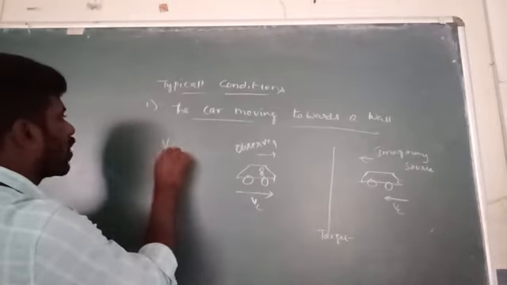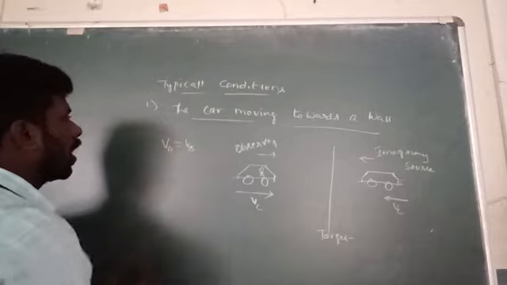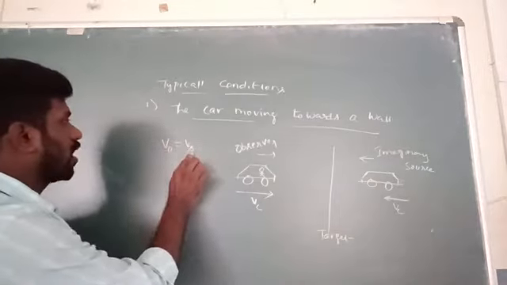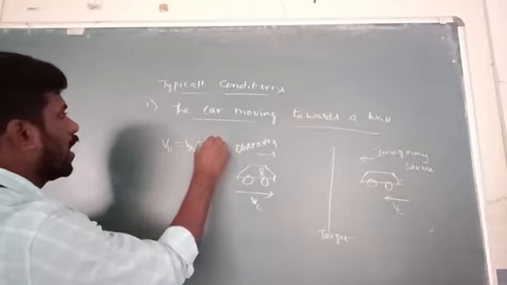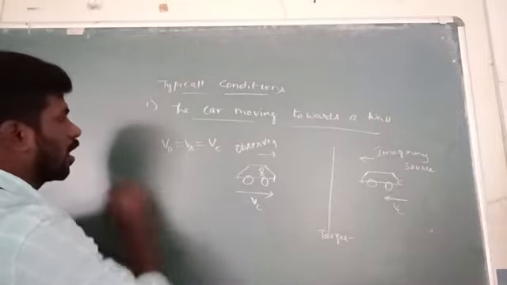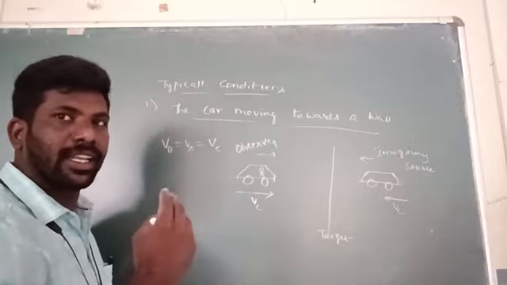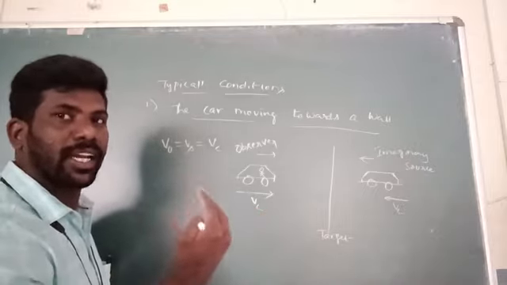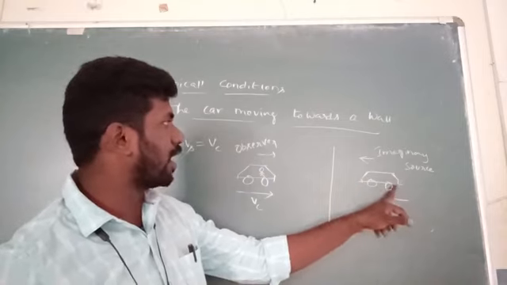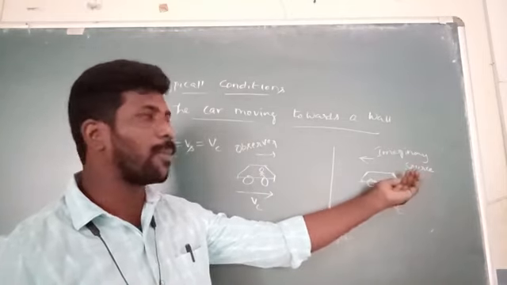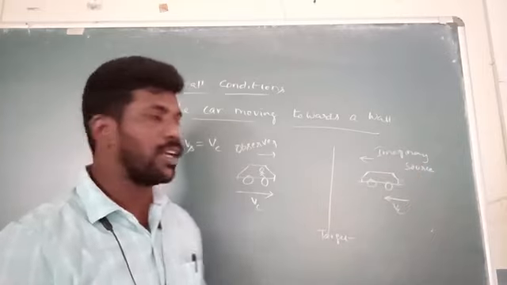Here the observer and source are at the same place, so we can take the velocity of observer as the velocity of source. That is the velocity of the car. Here the observer listens to two sounds. One is direct and another one is reflected. That's why I drew a diagram here. This is the imaginary source. That means the reflected sound wave is produced by the imaginary source.